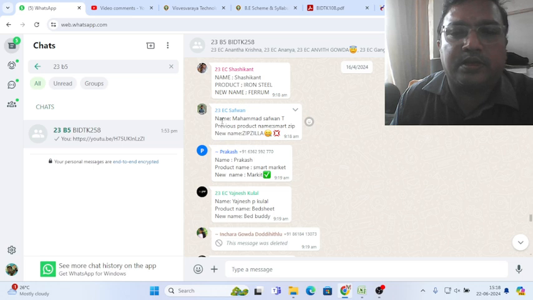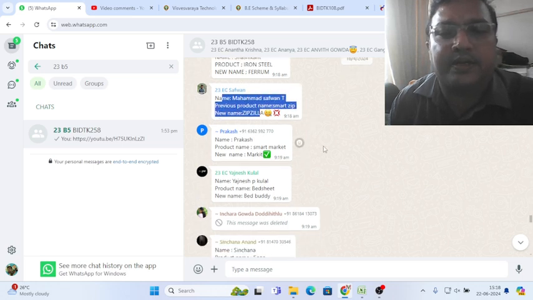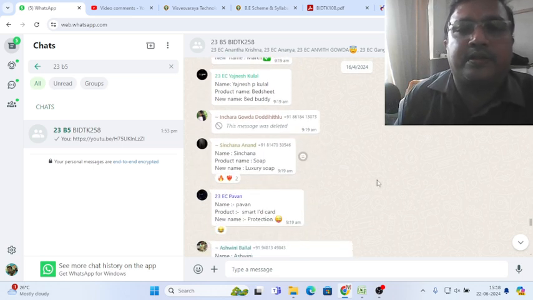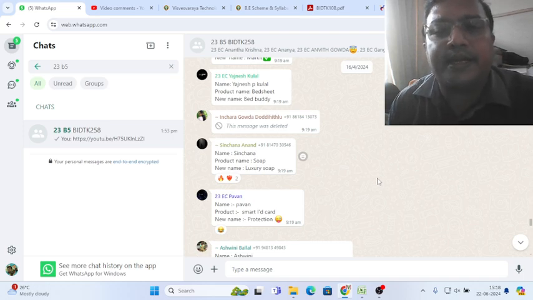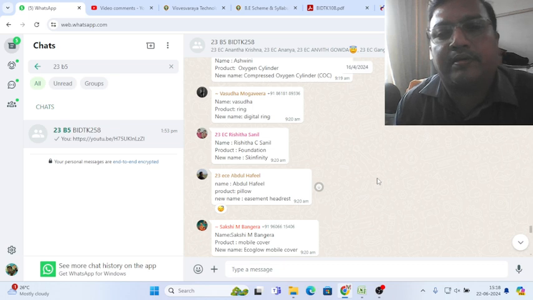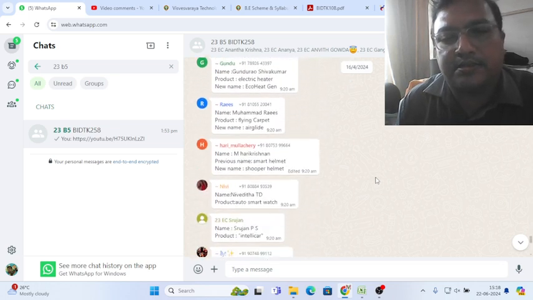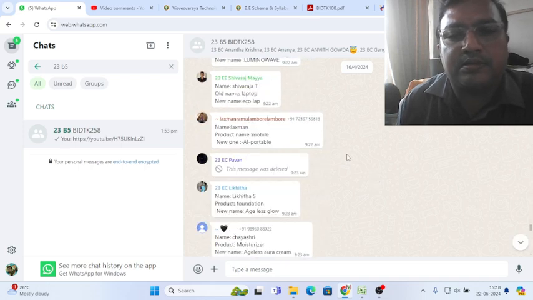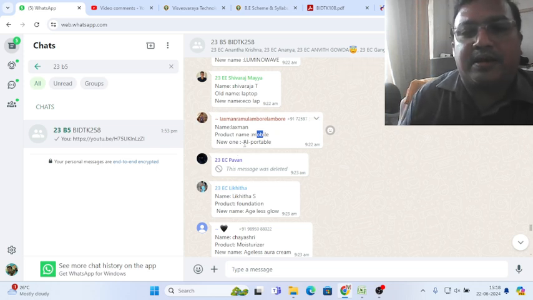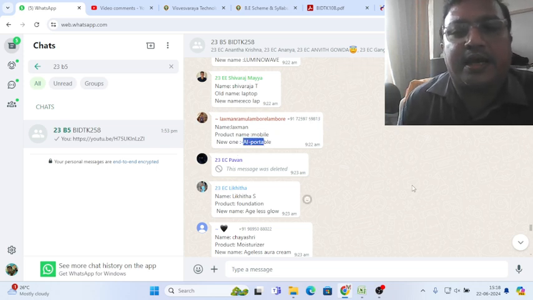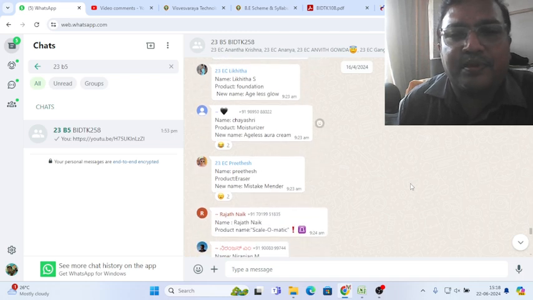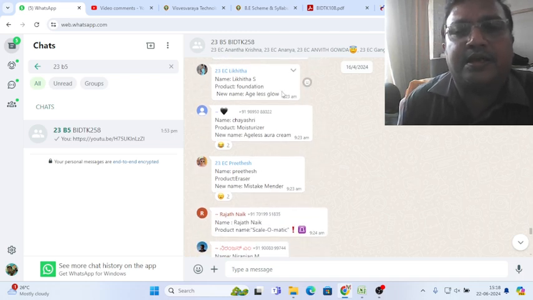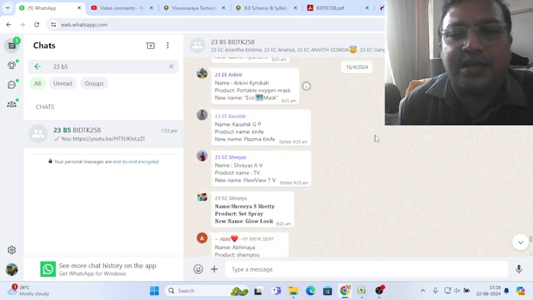So this is their product's previous name. This is the define stage, included with the ideate stage. Both those stages I did together in the class itself, and students participated. All the students gave names. Earlier it was a mobile, right now it is a mobile, and they have made it Task AI Portable. Foundation, Ageless Grow: these are the names that they suggested.